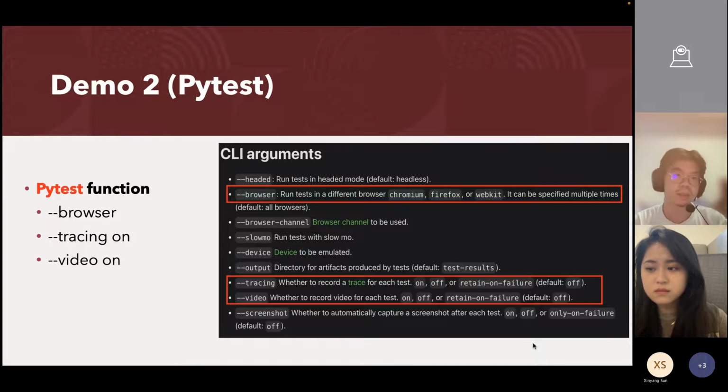So the second demo is about PyTest. Playwright can use PyTest to do a lot of jobs, like running a lot of test cases across browsers, because we know different users use different platforms, like Chromium, Chrome, Firefox, Safari, or Opera.